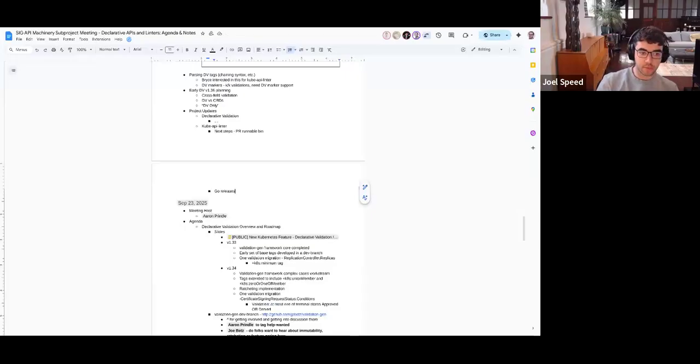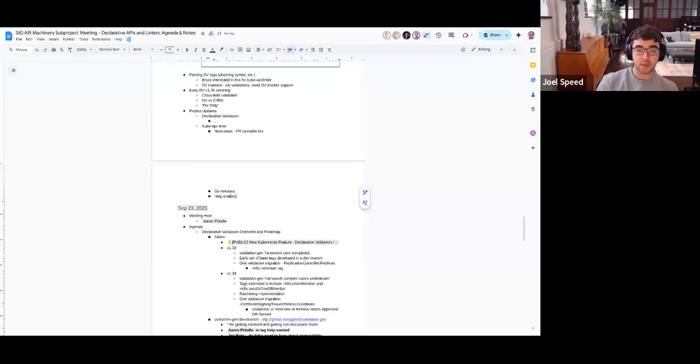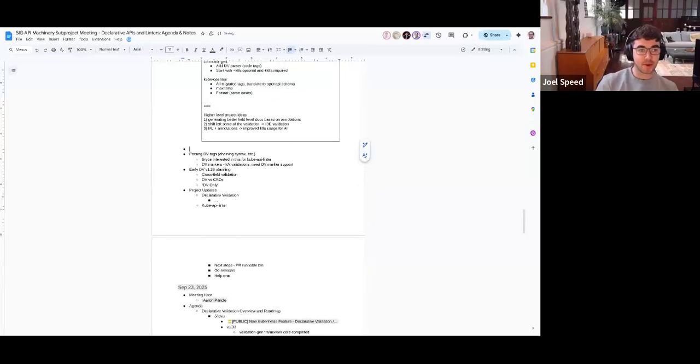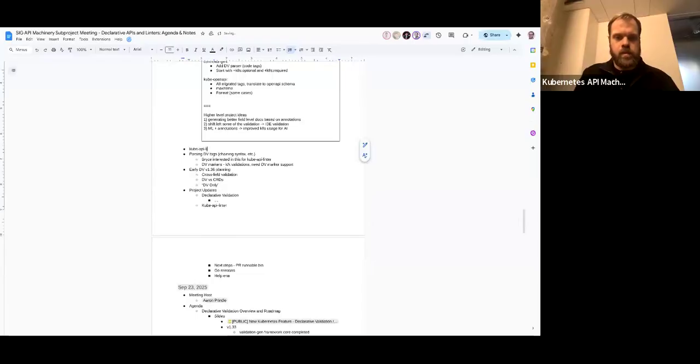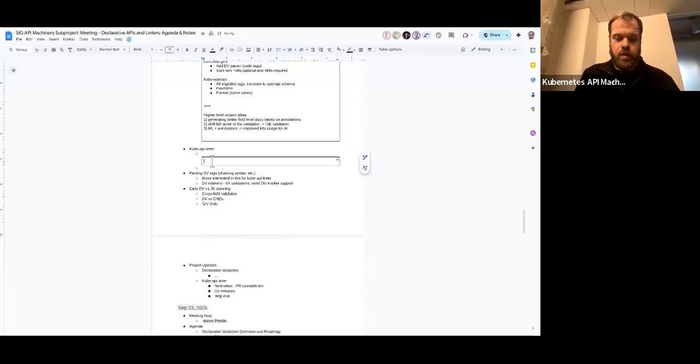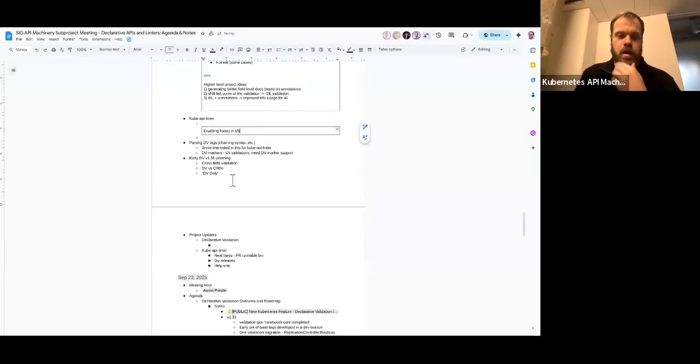And the other thing I'll mention is, because we were talking about getting involved with the DV stuff, if anyone wants to help enabling different linters on KK, that would also be very helpful. And excellent, Bryce knows about GoReleaser, so I'll just grab Bryce. I think that's a great call out. I'm going to try to make a table here. Enabling linters in KK. That's great.